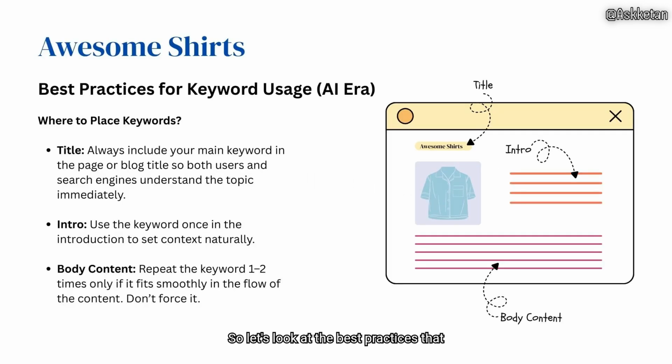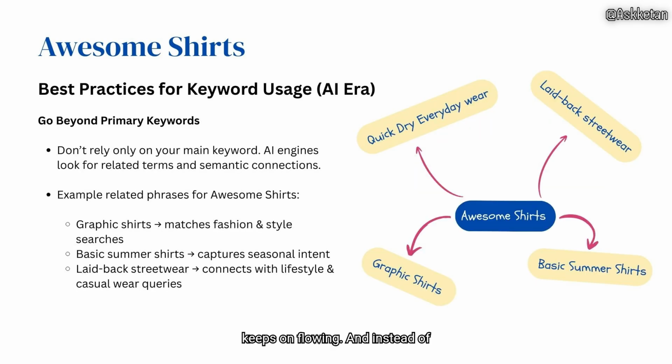So let's look at the best practices that we can implement to use our keywords in the right way. We use our keyword in the title, we use our keyword once in the intro, and we use the keyword once or twice if our content keeps on flowing. And instead of just targeting our primary keyword,